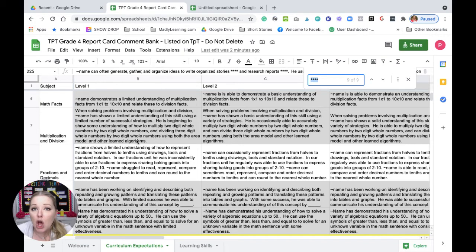Now, in one comment, I probably would not put both parts. I would pick and choose which part of that comment I would use because it was more reflective of that student or that student's strengths. So if we were focusing on, say, the basic multiplication, say in term 1, I might use that part of the comment and then move on to the second comment and specifically reference the students' algorithms that they used independently to solve that problem.